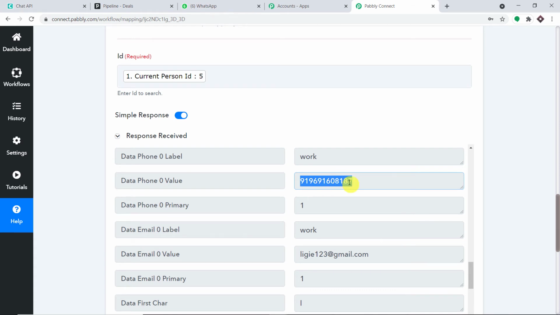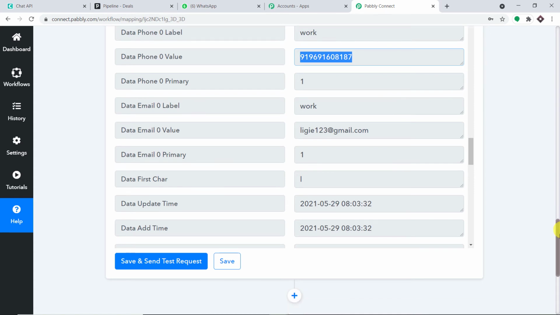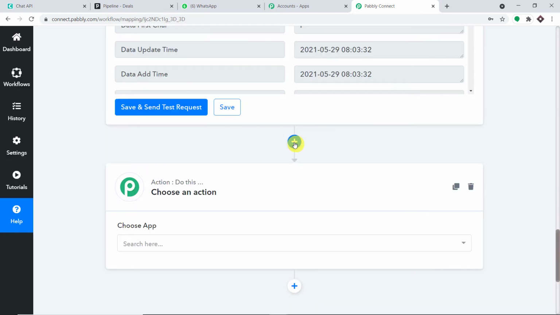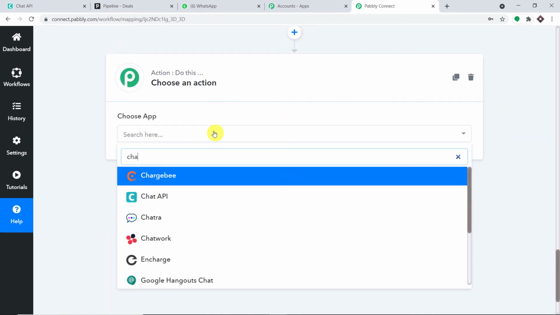To send the deal related information to Lijam O'Reilly, that the deal is successful, from me to his WhatsApp number, we are going to introduce Chat API. Now let me rephrase what I have mentioned about Chat API. Chat API is definitely not free. PabliConnect doesn't own Chat API, and we are using Chat API to send the WhatsApp message. So in the choose app, let me add Chat API.